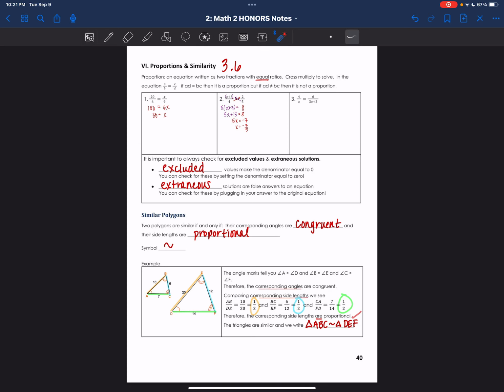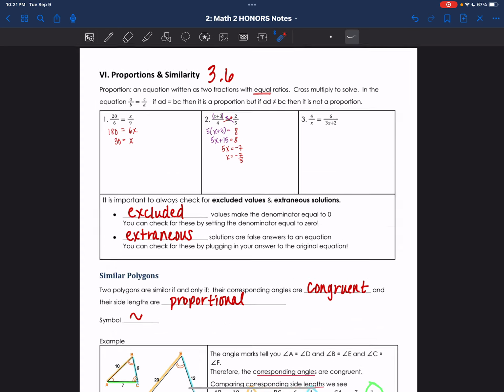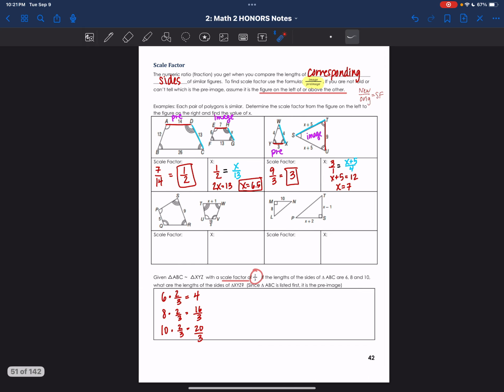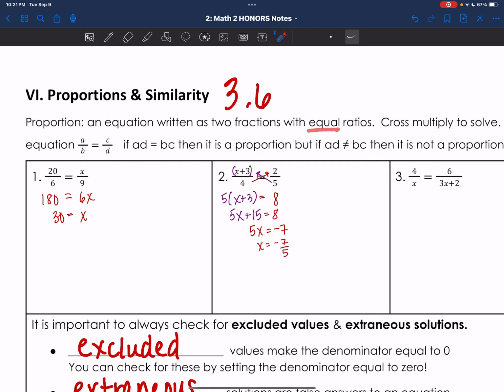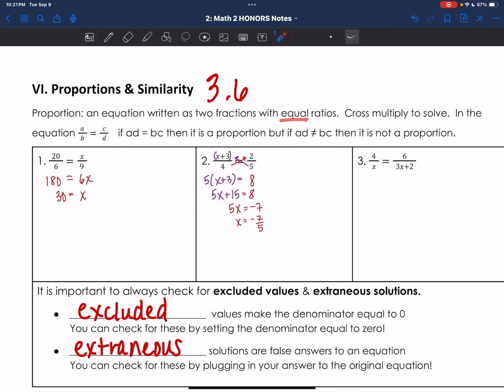Alright, today we're going to be talking about proportions and similarity. So let's get started. Oh, just kidding. Hello. There it goes. Alright, so for proportions and similarity, it's important to know a proportion is an equation